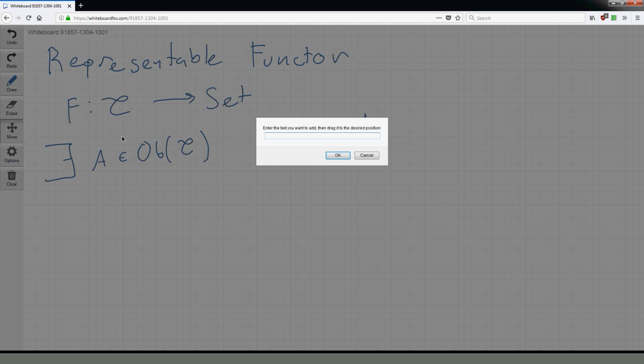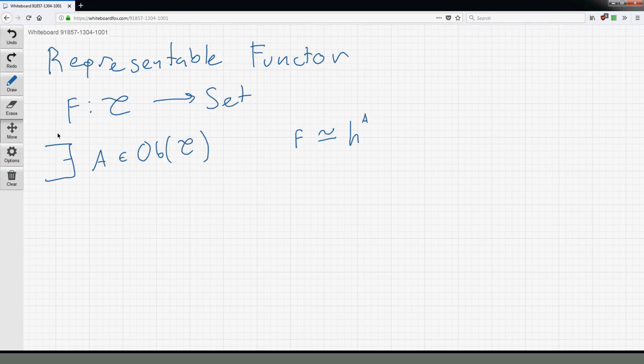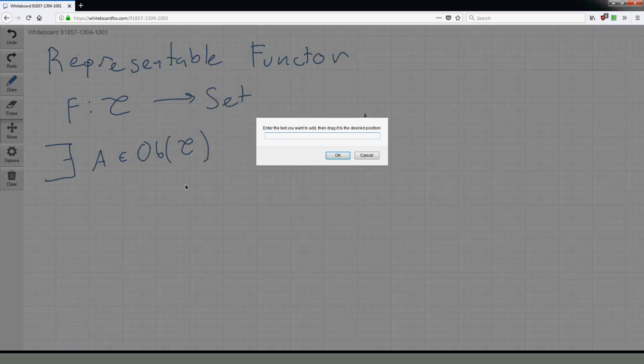So essentially we're looking for an isomorphism between F and this Hom functor. Now, in order to find it, we're going to use this universal property, which I'm going to describe here. So, a natural transformation given by an element u in FA is an iso